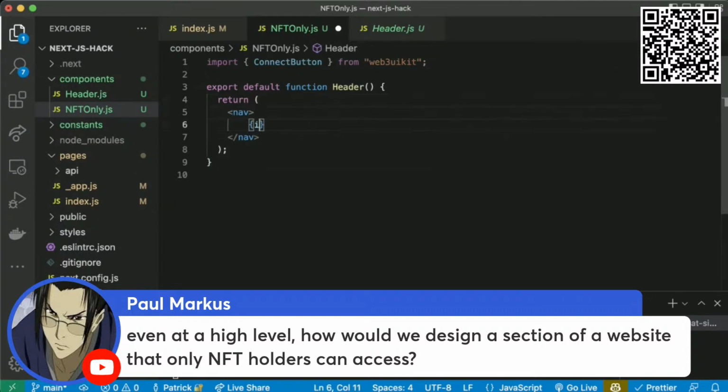We would just say if account has NFT, then show page. So this is pseudocode, but yeah, if account has NFT, show page. That's really it.